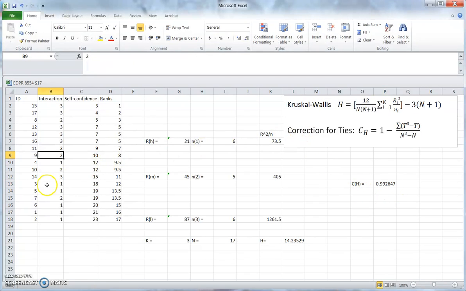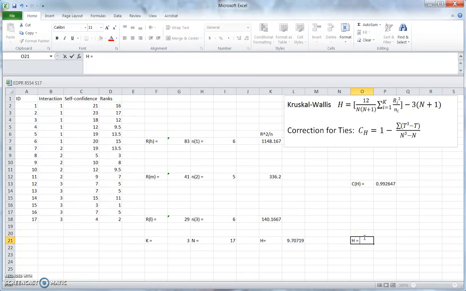Now remember, sort the data set back to the original order, and here is your final H statistic that equals this value divided by the correction factor. We have an H value that's